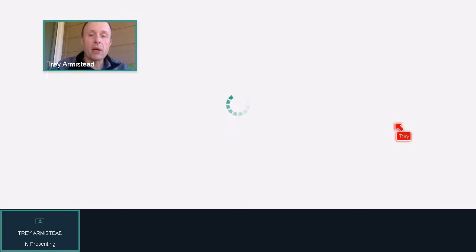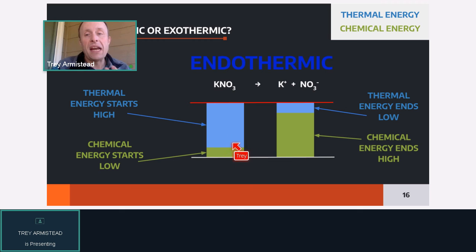What about endothermic? Well, it's literally just the opposite. In an endothermic reaction, the chemical energy starts low, but then gets higher, so that the reactants have a very low chemical energy and the products have a much higher chemical energy. And if the total energy stays the same, then that means the thermal energy has to drop because the total